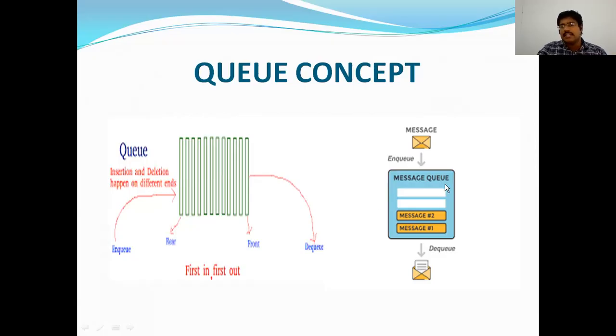Generally these kinds of queues will be present in our banks. If you go to any bank like SBI or whatever bank, to a main branch, meaning some big branch, not a local small town branch where the crowd is very less. I am not talking about that. If you go to a main branch in any big city, at least like Guntur,